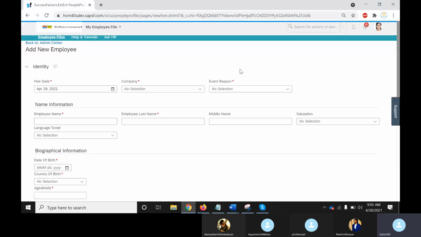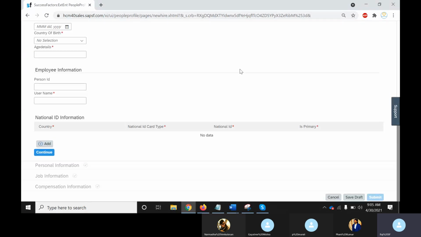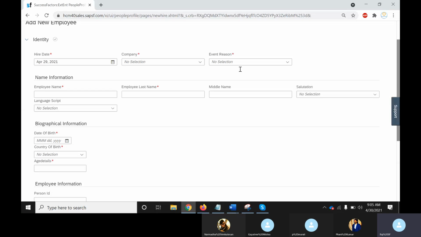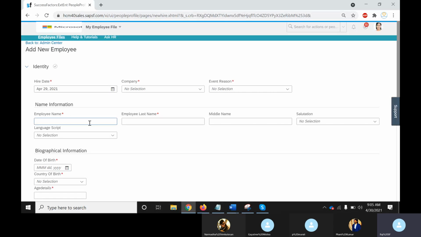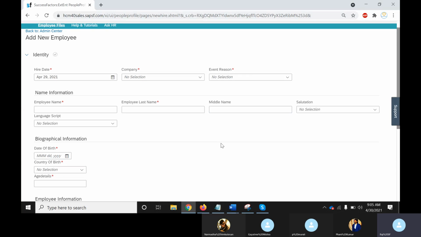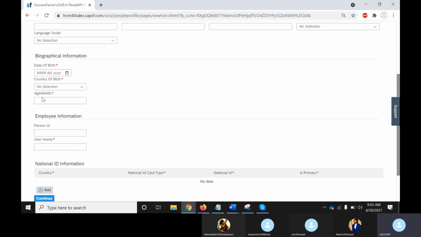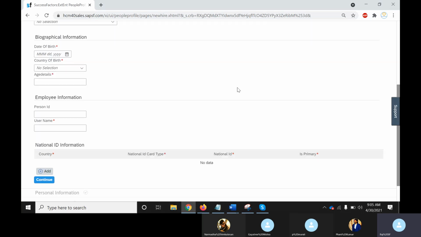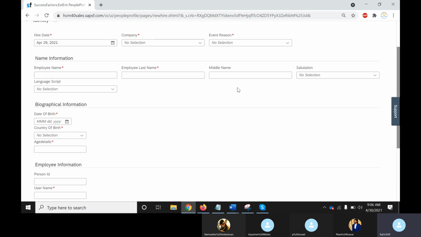Most of the data is used from Employee Central only. Now I want to pick the data automatically from my RCM templates to this onboarding application form. Here we have employee first name, last name, middle name, salutation, date of birth, country of birth, person information, username, and some personal information, job information and compensation information. All this data we already collected in the RCM process. Now I want to map the fields from RCM to onboarding 2.0. To map the fields,